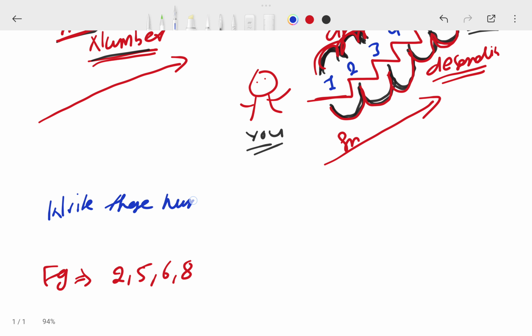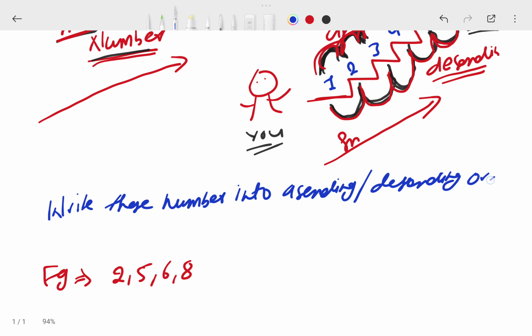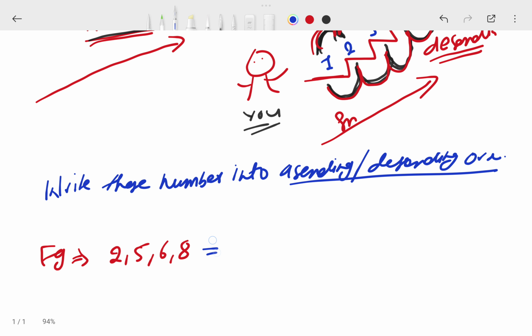Now I'm telling you, write these numbers into ascending and descending order. You have to write these numbers into ascending and descending. So how can you write in ascending order? Let's see, in the ascending order,